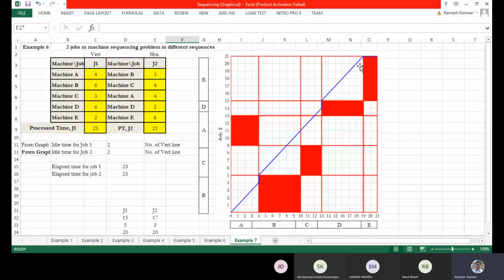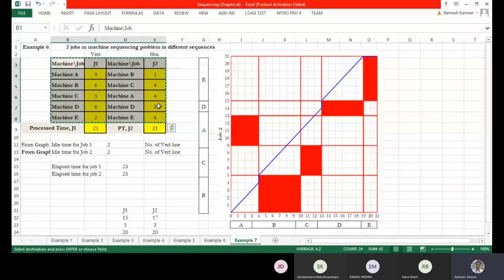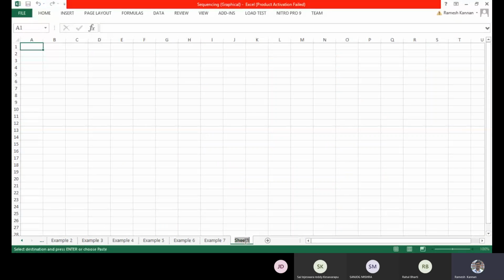I'll give you a problem so you can practice this. It is the same kind of problem. I'll put it as example 8, so you can put this up.